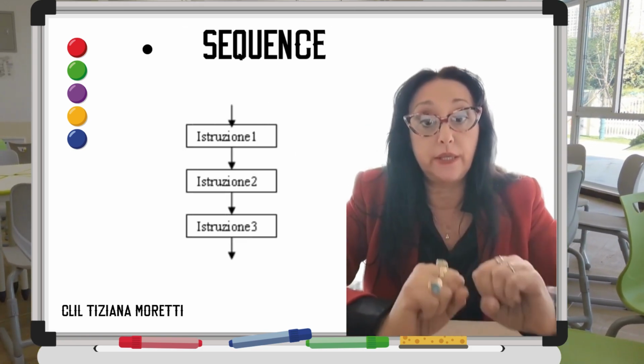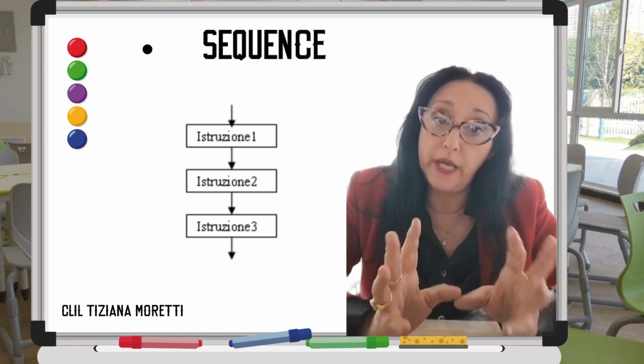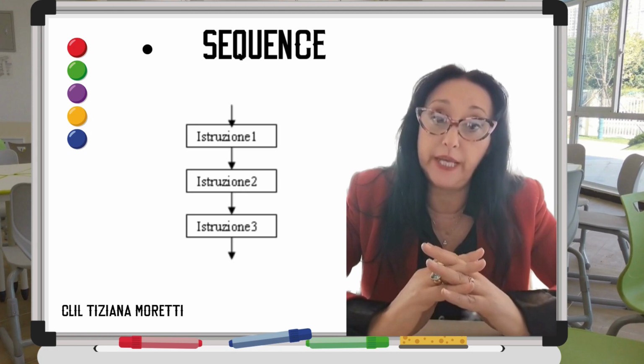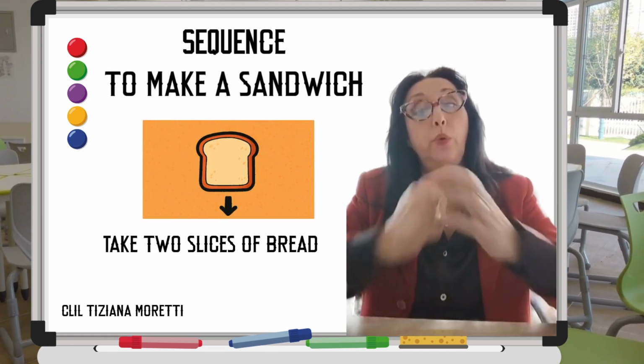1. Sequence. The sequence of instructions in an algorithm is the order in which the steps are executed to solve a problem. Let's imagine writing an algorithm to make a sandwich. The sequence of steps would be: